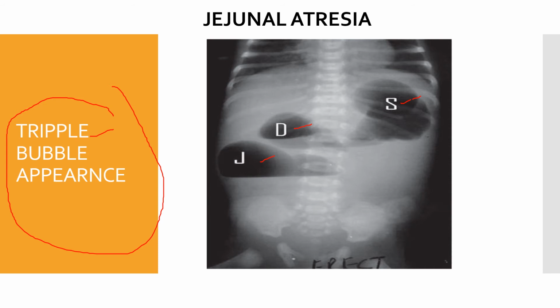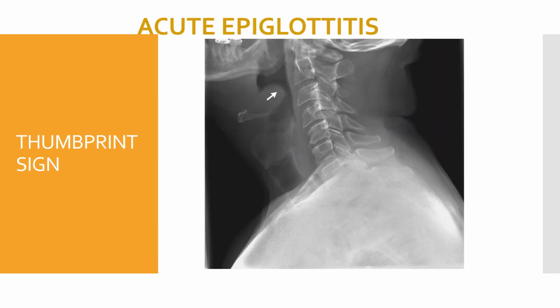Again, going to next slide. So next is acute epiglottitis. In my previous video, I had already explained in detail about this acute epiglottitis, and this is very important, and this comes under one of the medical emergencies in children. Again, here the classic appearance is known as thumbprint sign. So thumbprint sign, this denotes the edematous and enlarged epiglottis, which is the main finding or the main cause that affects the children with acute epiglottitis.